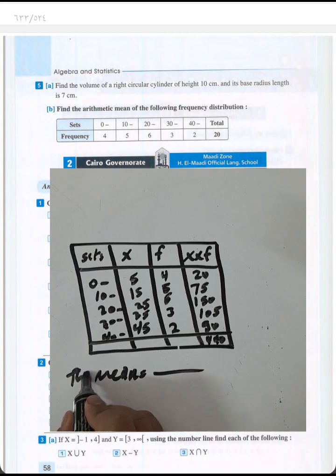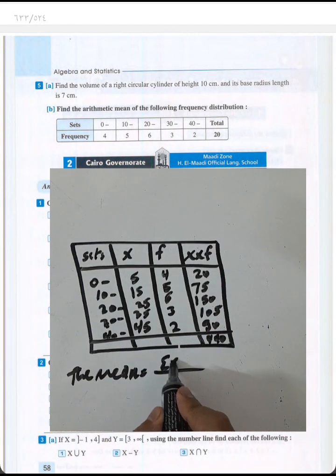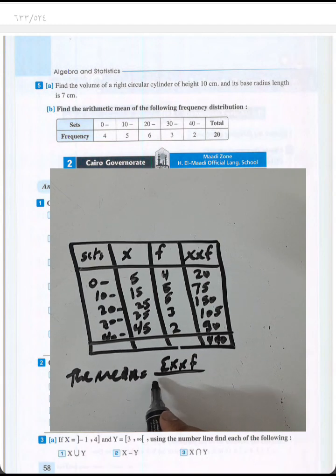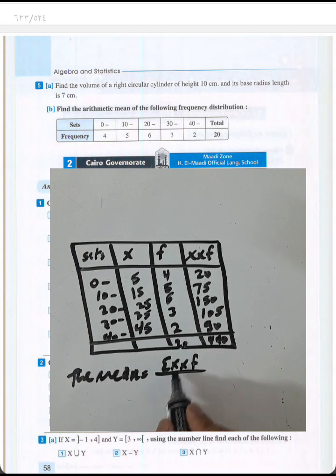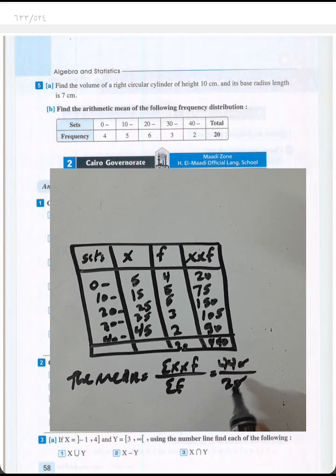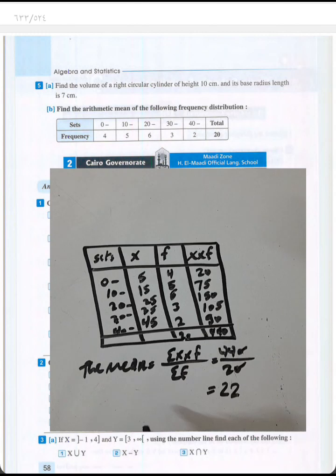Then the mean equals the sum of x times f over the sum of frequency, here was 20. 440 over 20, we can cancel 0 by 0, and 44 divided by 2 will be 22. This is the mean. Okay,